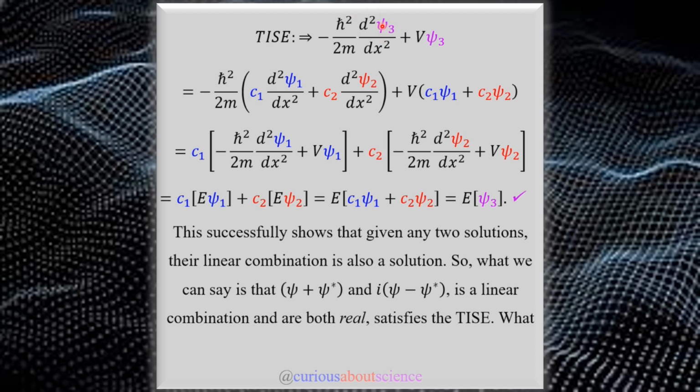Well, we see here that the derivative acts on psi 3, so let's go ahead and plug the linear combination of psi 1 and psi 2, which were permissible solutions, into this equation. As you see, c1 is a constant, so the derivative doesn't affect it. c2 is a constant, the derivative doesn't affect it, but we still have a double derivative on psi 1 and psi 2. Now, moving on to the potential term, we just have V times c1 psi 1 plus c2 psi 2. Easy enough, we like that.